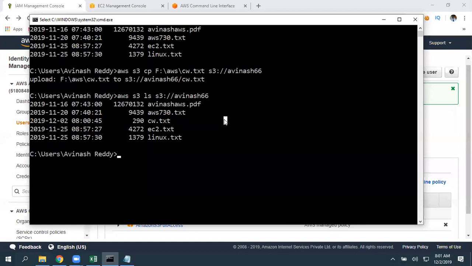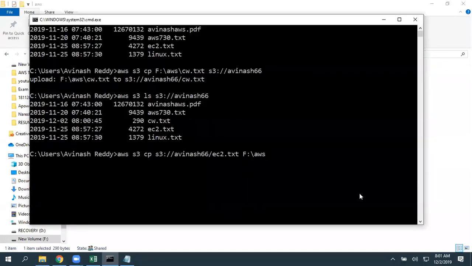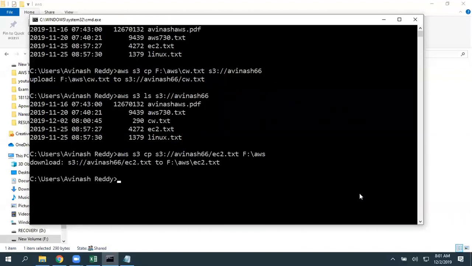Okay. So if you want to download any object, the command is the same: aws s3 cp, source will come first, then space, destination. So I want to download an object like ec2.txt: s3://Avinash66/ec2.txt, then space, then give your local path. For example, I want to download to this particular path. At the moment I have only one object. Giving this, click enter, and it got downloaded successfully. When you go here,